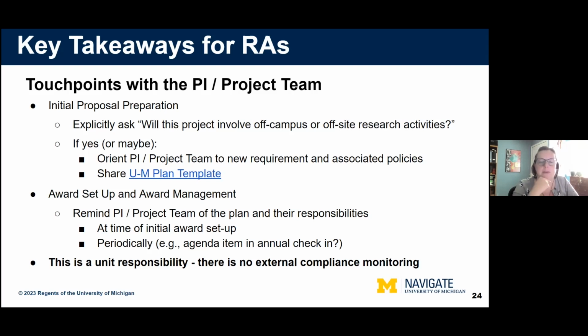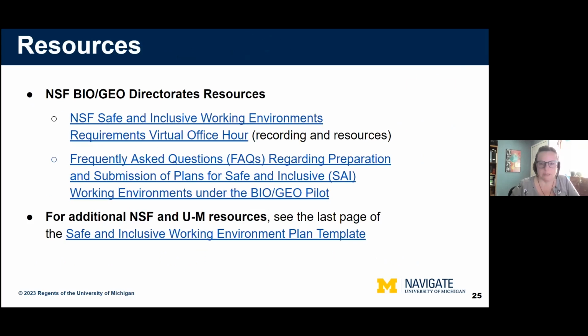So I know we've been hammering on that, but I think it is a little bit different in that way from a lot of the other things that we've done or are doing. And so we want to make sure that people are aware of that.